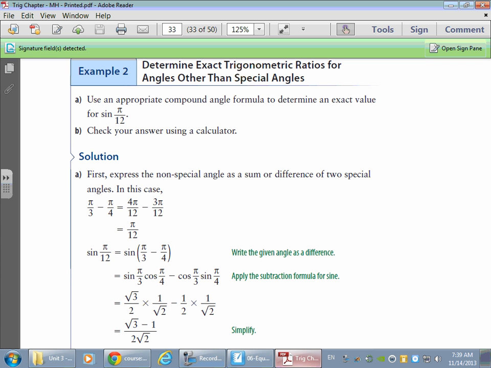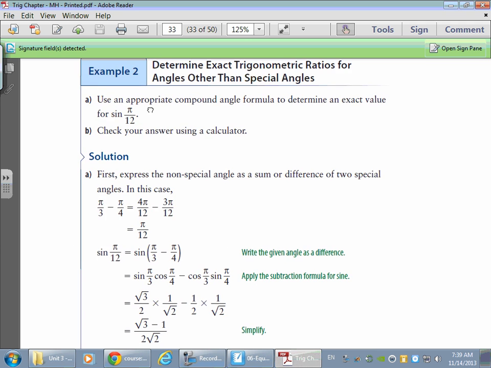The second set of questions, and we'll sort of stick to the A-level questions at this point, will look like this one here in example 2. Determine exact trig ratios for other angles other than the special angles. And so what you'll be starting with is,